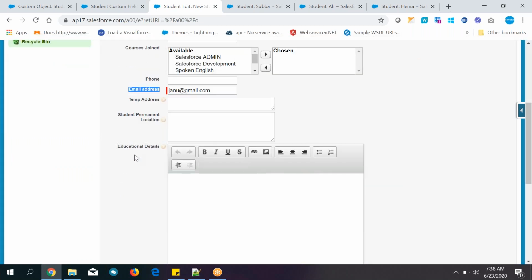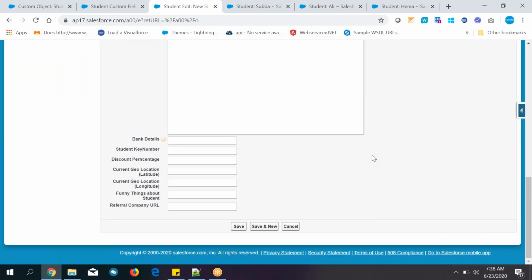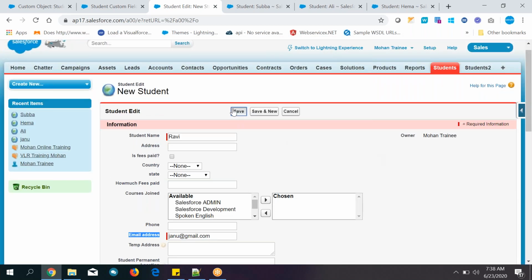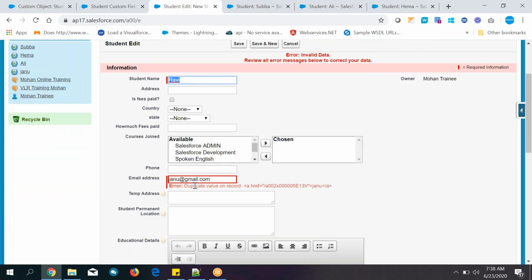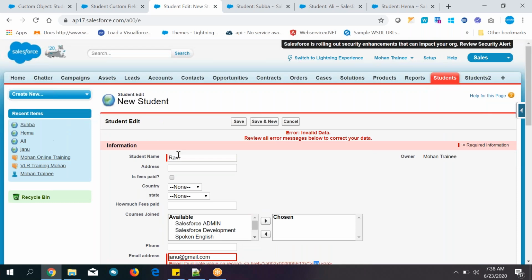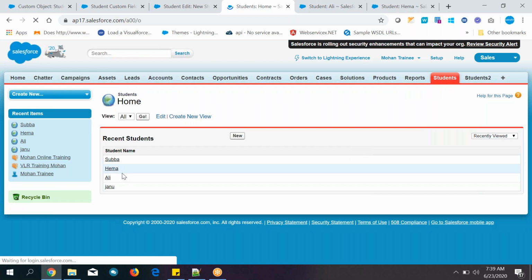These two are the only required fields: one is email and the second is student name. I'm not going to fill all the details, it will take time, no use. So what is this error? Duplicate value on a record, Janu. See here, this is Ravi's record, but on Janu's record you have already given that same email address.